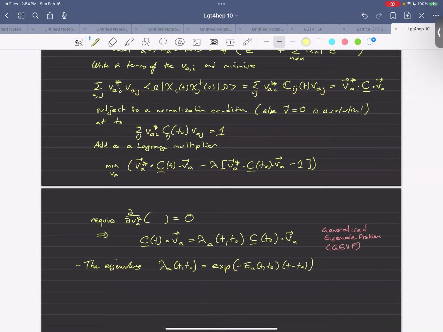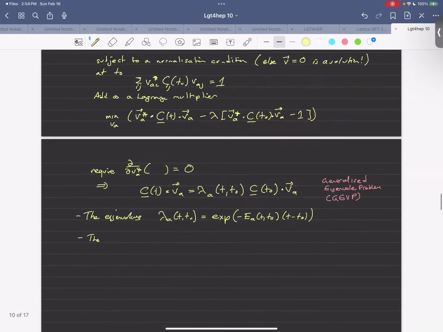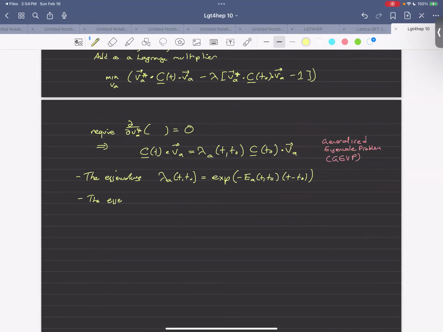And the eigenvectors are orthogonal, with a normalization in the sense that v_A of t naught